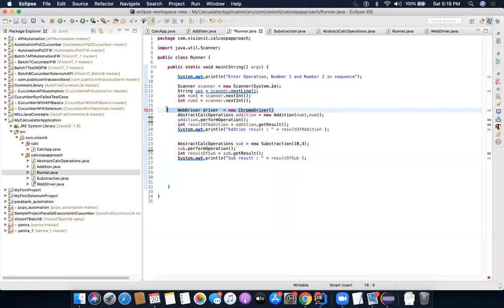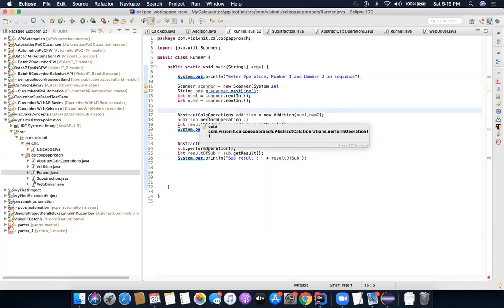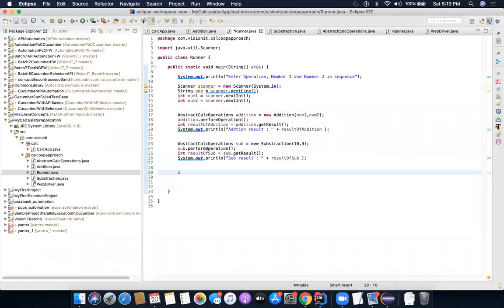I don't know if you attended my class previously, we have this setting: if browser is equal to Chrome, then I will say driver is equal to new ChromeDriver. Else, if browser is equal to Firefox, then driver is equal to new FirefoxDriver, right? Take it as pseudo code, so don't worry about the syntax and errors. And the driver we initialize at the top like this.